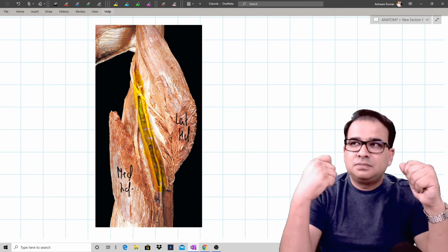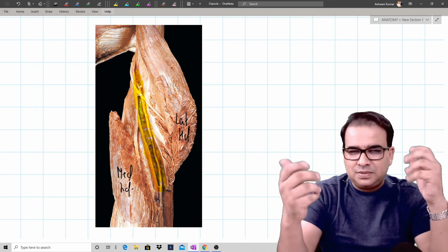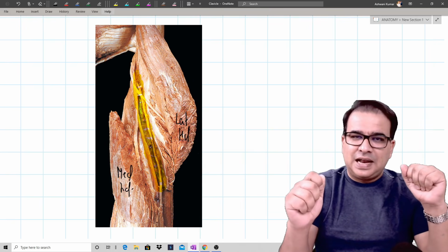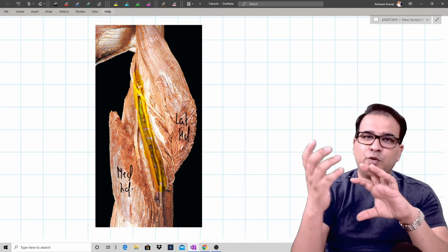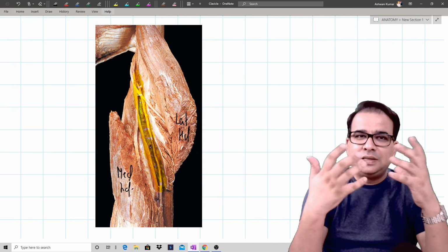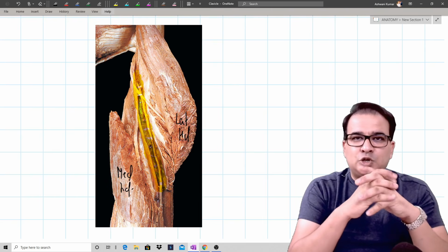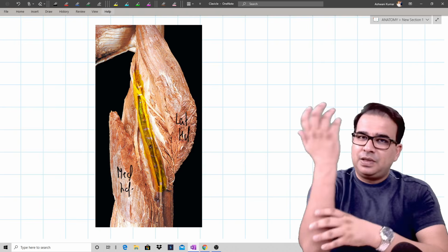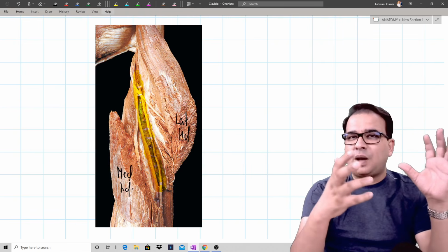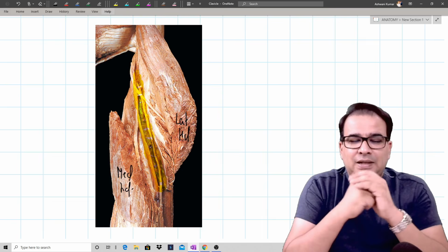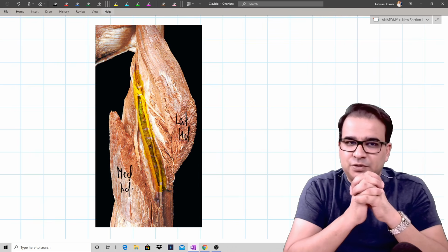Next week, we'll see what exactly the time is. Probably it's Monday. Next week again we'll meet in this live session where we'll be talking about the rest of the bones. We'll talk about the radius and ulna. We'll talk about the carpals, the metacarpals and the phalanges. We'll talk about their ossification. We'll talk about some important bony prominences, and we have loads of muscles in the forearm and hand. So the next session will be more extensive, and that will complete the osteology part for the upper limb.